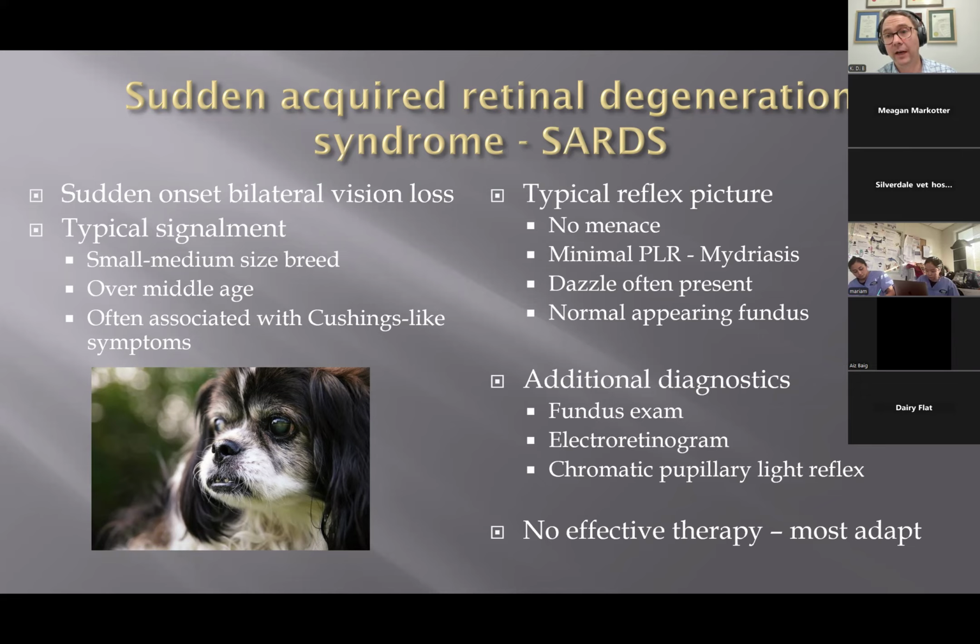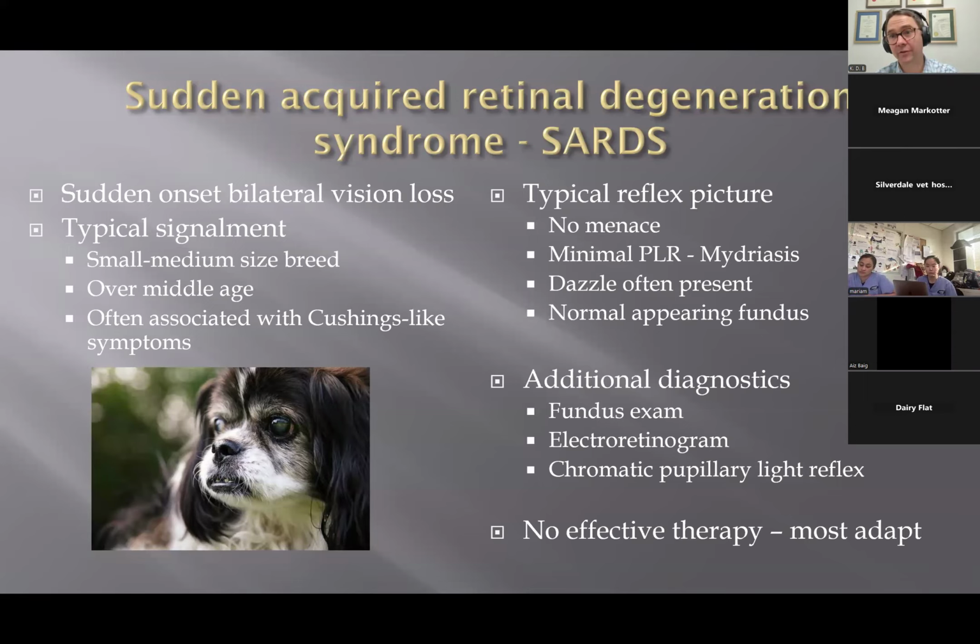Often they may have elevated ALP as well, right? They have quite a lot of symptoms. And I suppose the other side of that is dogs with Cushing's don't get this. I haven't seen a dog that's known to have Cushing's that then also gets SARDS. I'm not saying it couldn't happen, but I'm not aware of one that I've seen. And so it's just an interesting link between these symptoms,